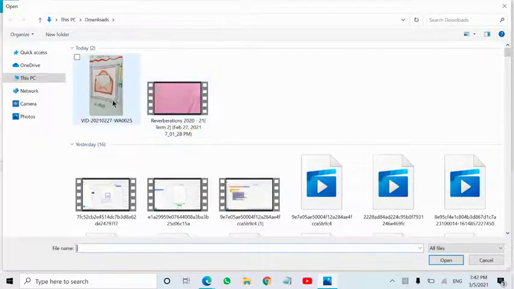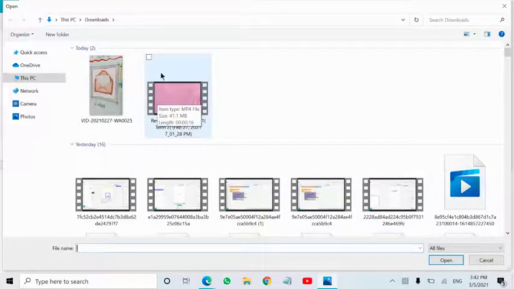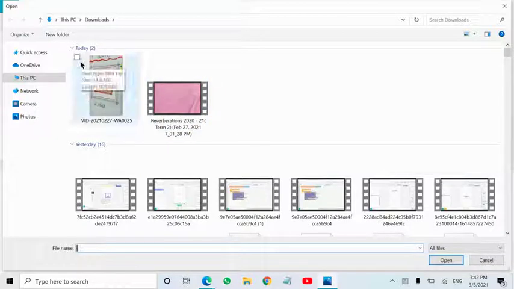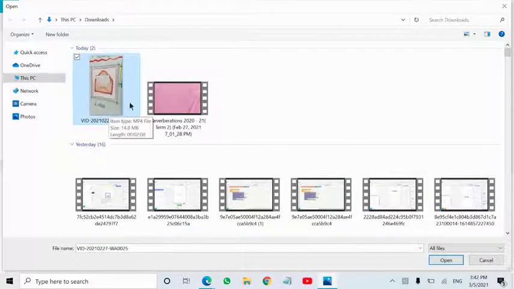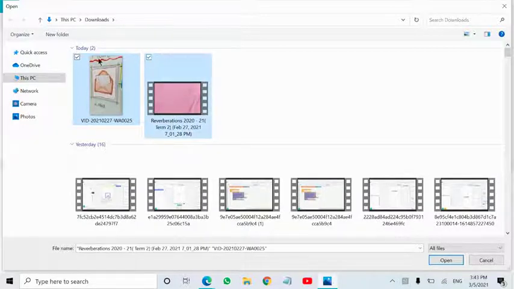Here these both are the videos which I want to put in the video editor. You can click on one of the videos or images, and if you want multiple images or videos to come together, you can click on any one you want, and then beside that, I have clicked here. Then there is this also. I want this also, so there is a small box over here, and I will click here. You can see two ticks. You can see the name of the file, and there are two.